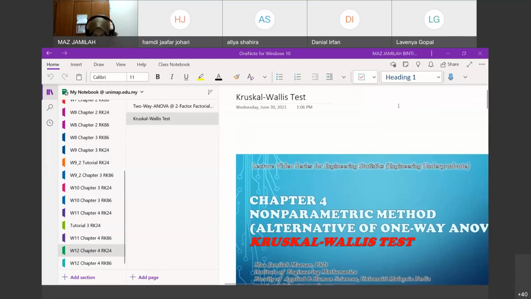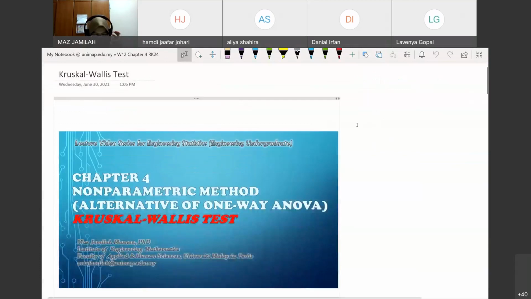Okay, so the last part of our non-parametric statistics is what we call the Kruskal-Wallis test. We know that the parametric counterpart of the Kruskal-Wallis test is the one-way ANOVA. With one-way ANOVA, we are talking about three and above populations involved in our hypothesis testing. So if you have three or more populations that you need to test simultaneously, what test should